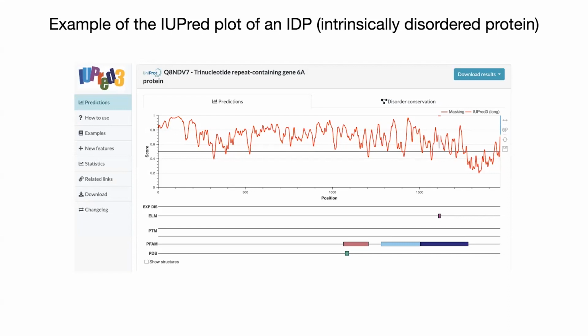Some things either have a set structure or they don't. And some you'll see above the line, it's more likely. Below the line, it's less likely. But we're looking at a yes or no: is it disordered, or does it have a set structure? And the higher it is above the axis, the more likely it is to be disordered. And so this is really, really likely to be disordered over a lot of its length. And what are we looking at here? We're looking at this protein called TNRC6A,